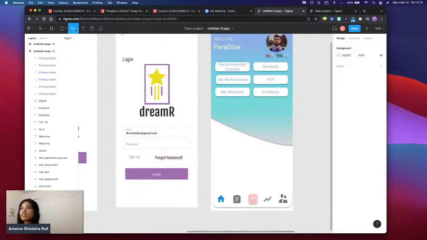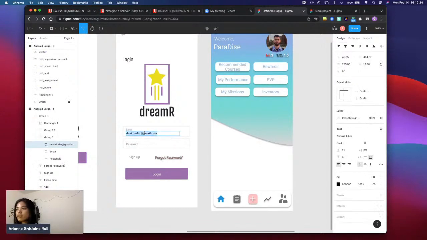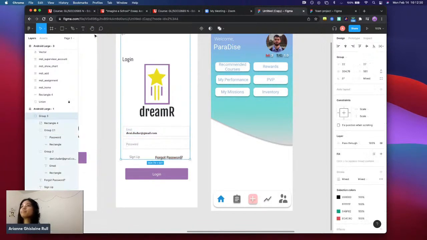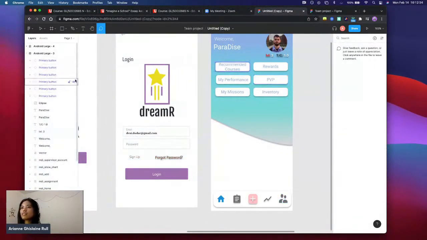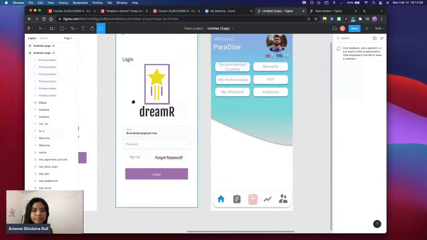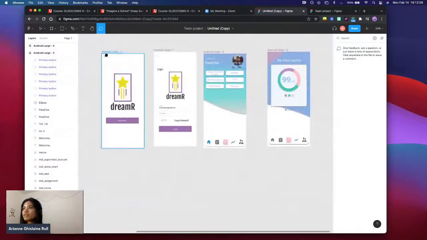And there's a pencil tool. You can also use the text button to write down the placeholders. And then, yeah, also another thing is that for this portion,